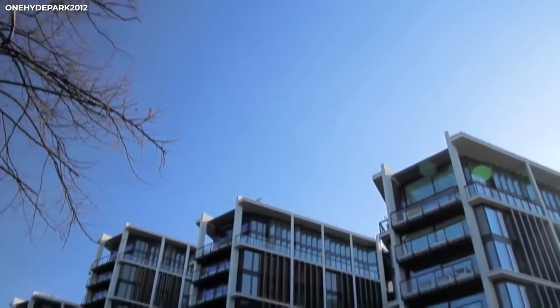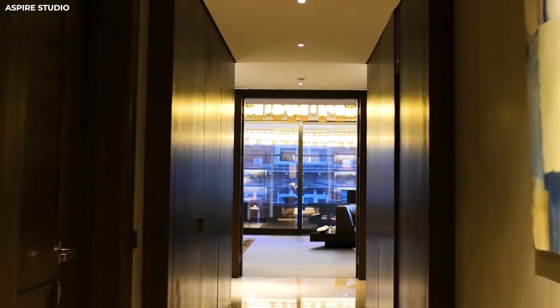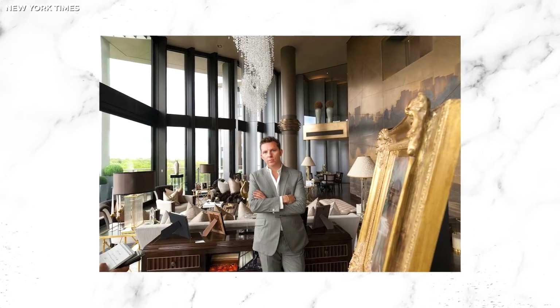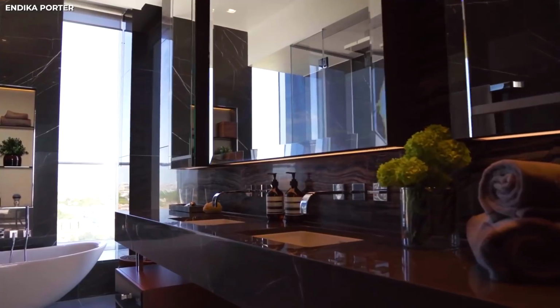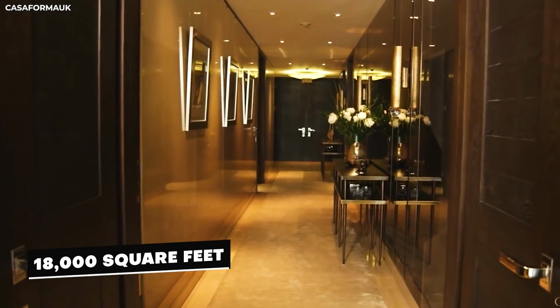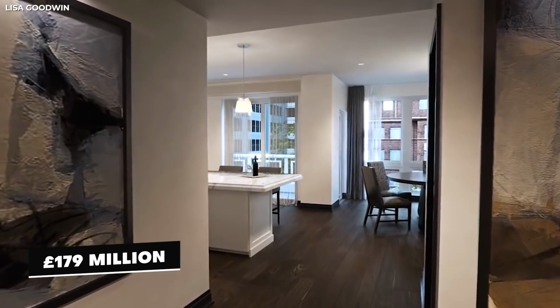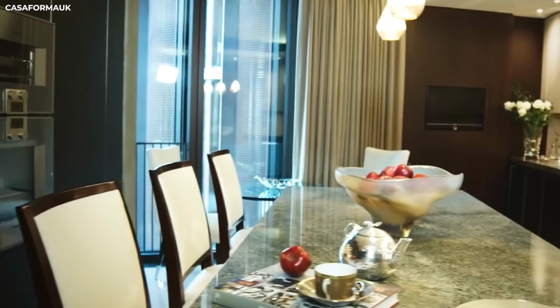There are 4 penthouses in One Hyde Park, each understandably extremely expensive. One of the luxury penthouses was owned and occupied by luxury real estate developer Nick Candy. The place spanned 2 floors, it had 5 bathrooms, and covered about 18,000 square feet of space. The place was put on the market for the insane price of £179 million, which is anything but far from